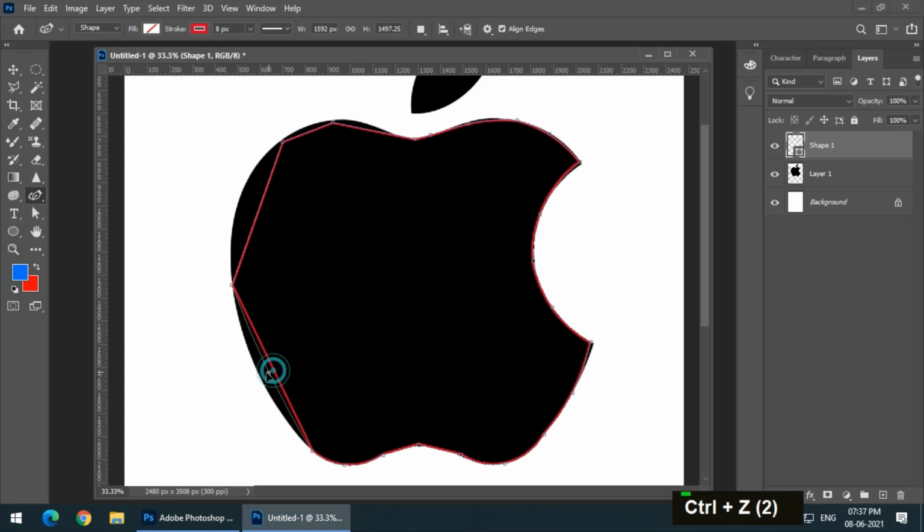If you click and drag, then it will create a curve, and if you simply click, then it will create a straight line. So practice this tool.